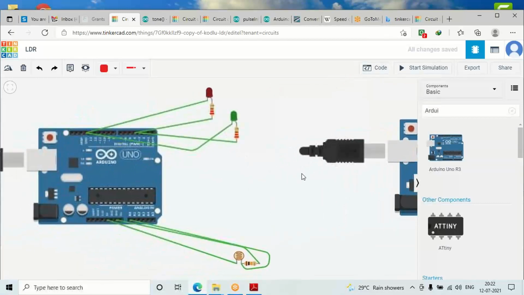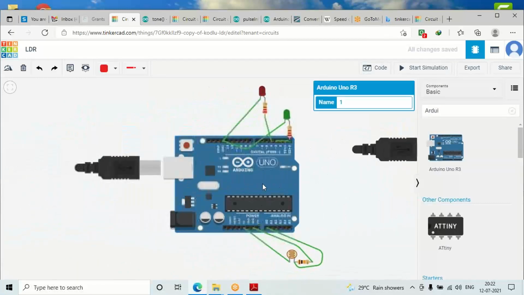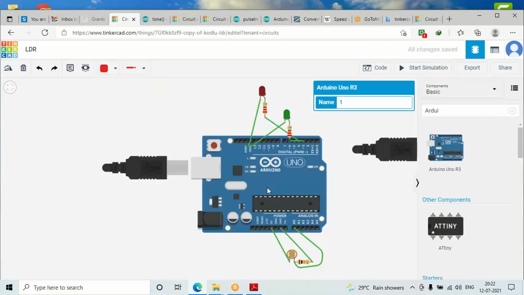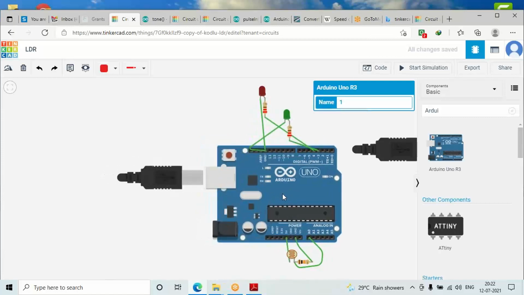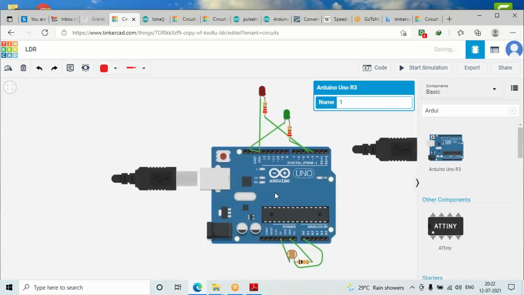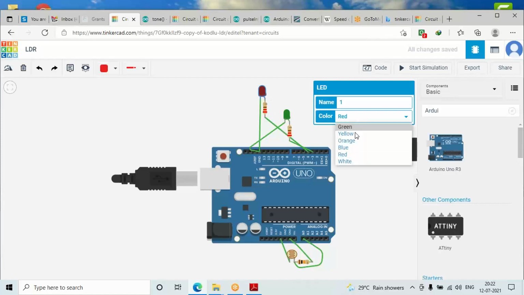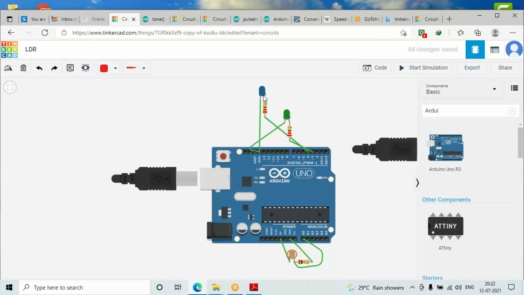If you look carefully at this diagram, we have connected all the parts here. This is your LED bulb, the red LED bulb I have taken here. You can even change the color. When you select the bulb, the color options come, and you can choose any color as per your requirement or interest. And this is your cathode part, and the cathode should always be connected to the ground.